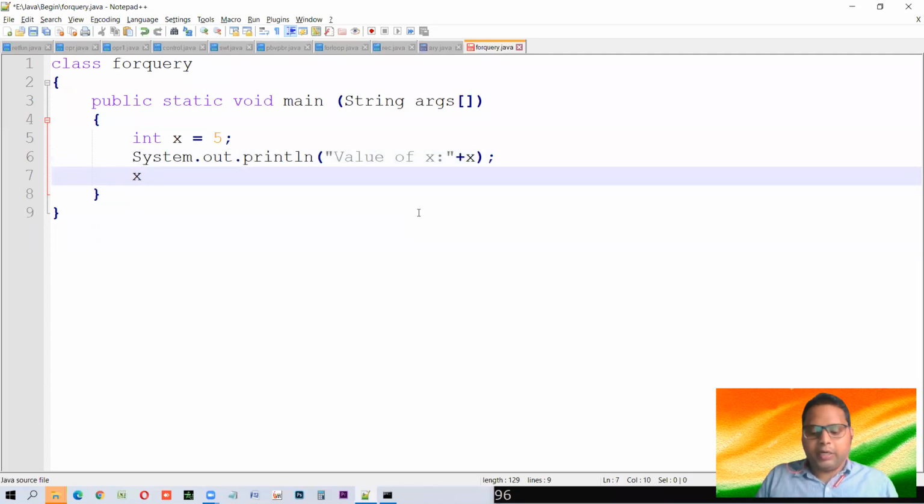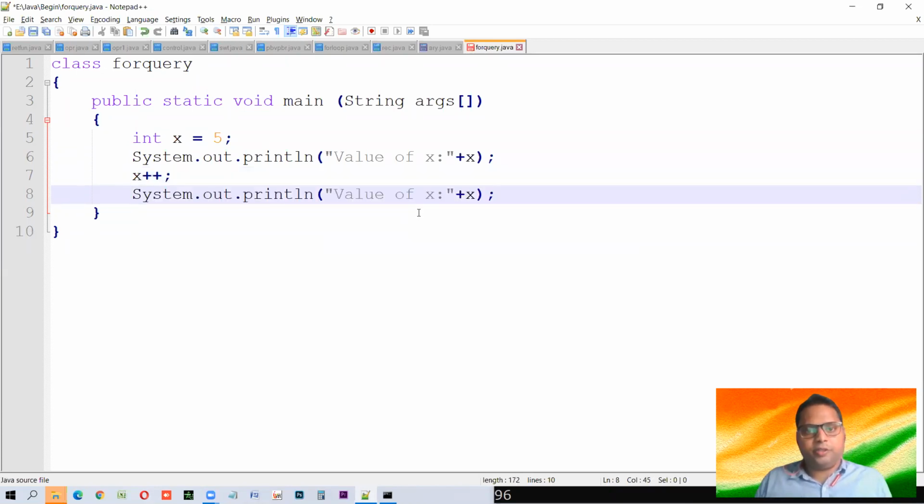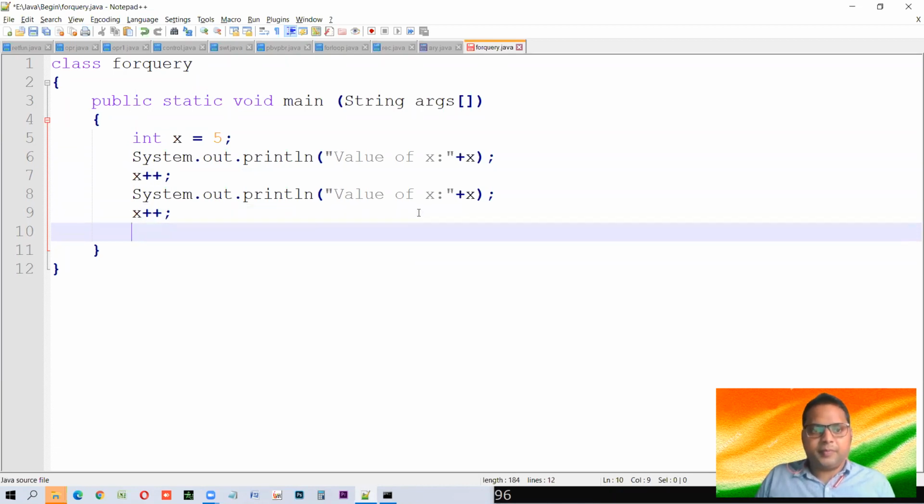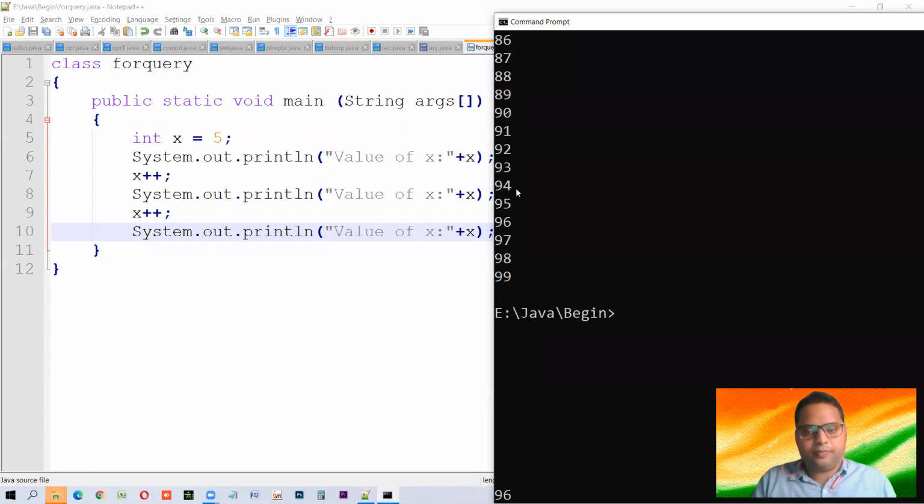Then do one thing, write x++, and then do the same thing, and then again write x++, and then again do the same thing, and see what is the result now.